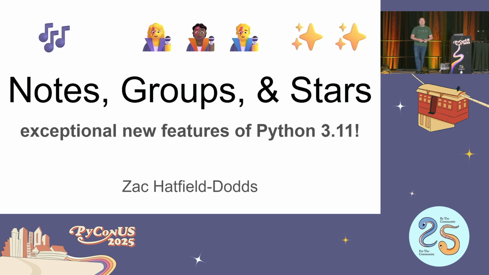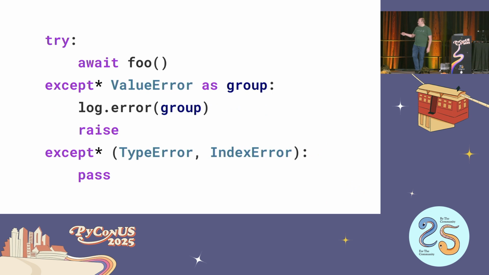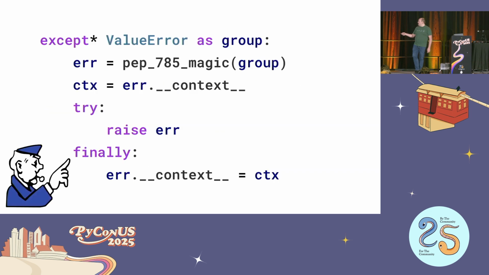Hello. I was curious, is the new syntax that you're talking about to cut out all that clutter, is that perchance going to be like as group from none? So that's, let's see, new syntax for this? Yeah, so instead of just except value error as group from none, what is your proposed syntax to cut out the clutter?